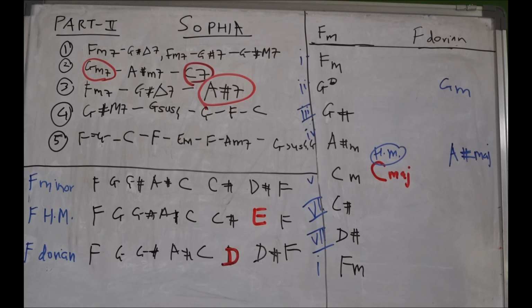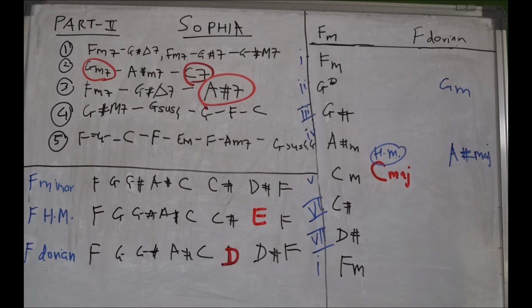Now F Dorian scale has got changes in 2 places. One is the 2 chord. So the 2 chord instead of G diminished becomes G minor because of the D note being changed. And the 4 chord, that is the A sharp minor, becomes A sharp major. So these are the new chords that we can use instead of the plain and bland sounding chords of the